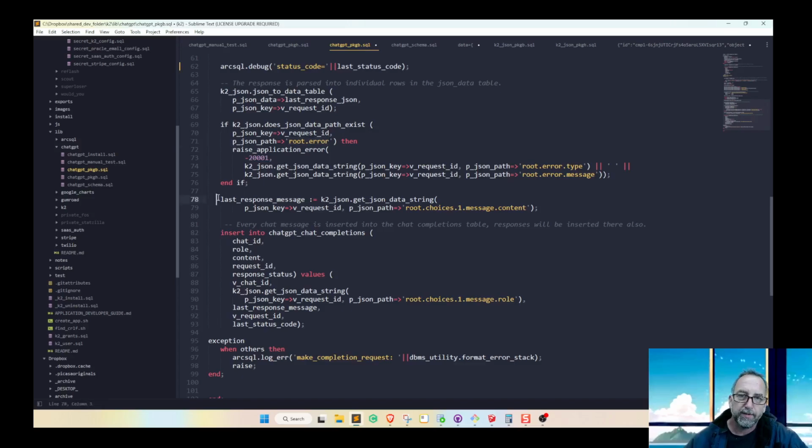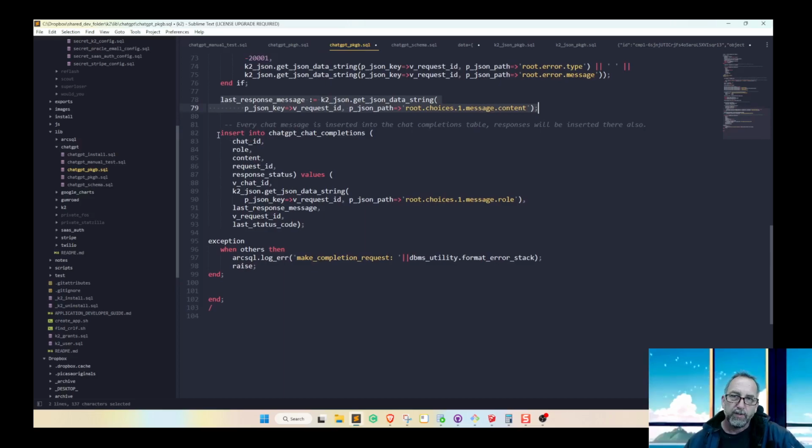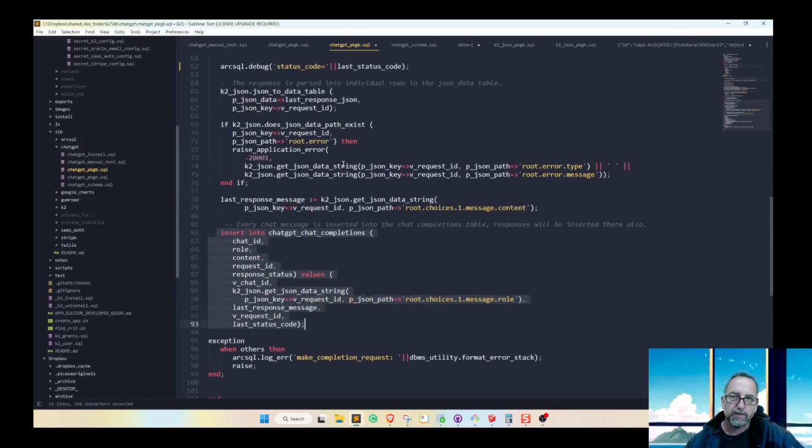So if we get past there and there's no errors, we're going to get the last response. Now you can get multiple messages. We're just assuming one. We're going to deal with whatever the first response is. You can set it up so that it generates multiple. Don't need to do that here yet. That could be a more advanced feature that's needed down the road. So we get the response message. That's obviously our global variable. And then we do another insert because we've got to insert the response. So we insert the